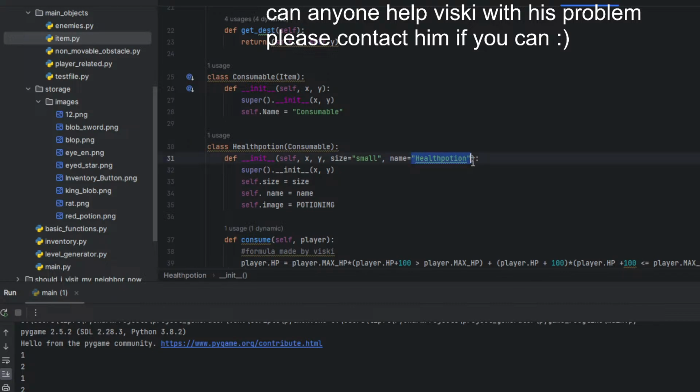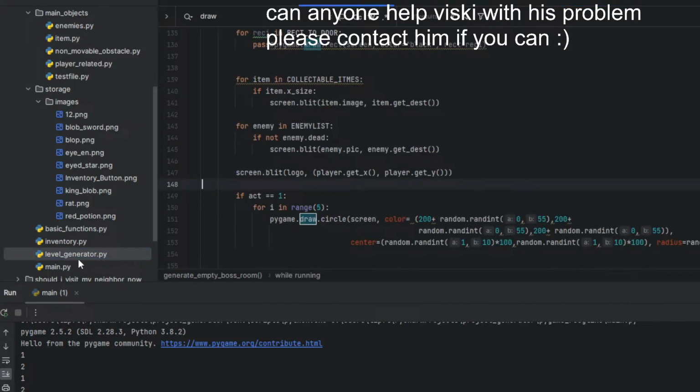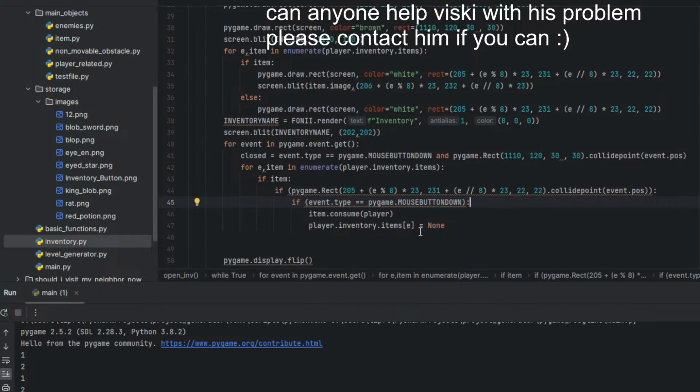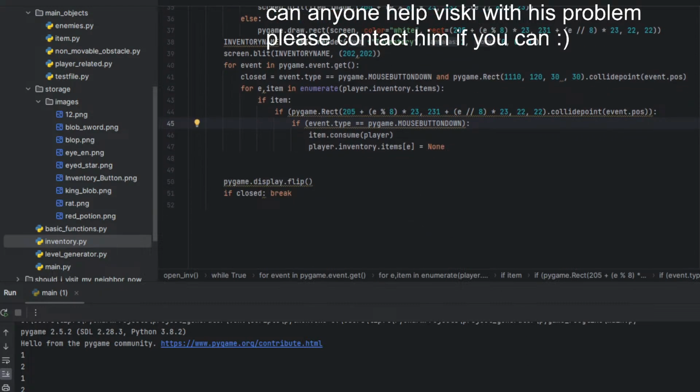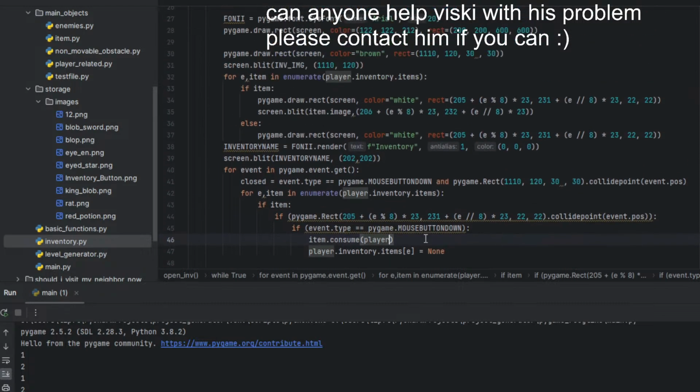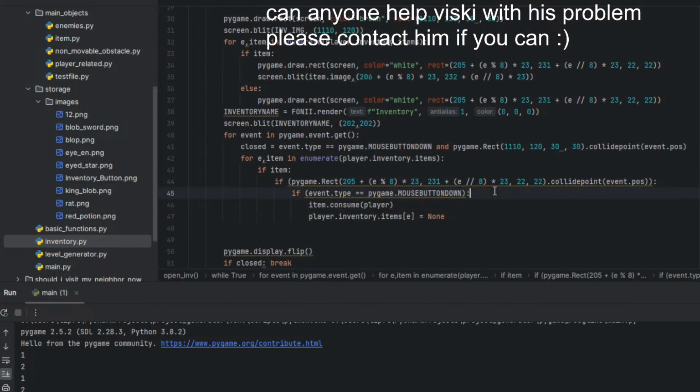Equals health potion. Okay, self equals health potion is, if item.name equals.